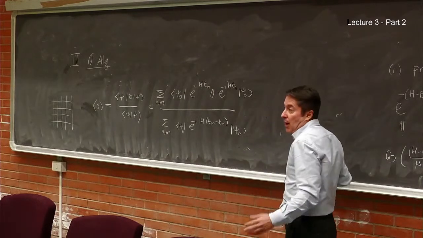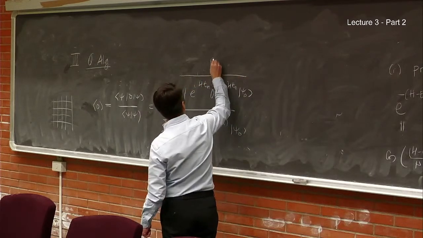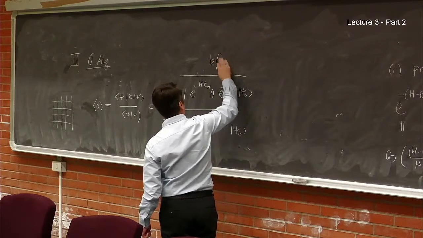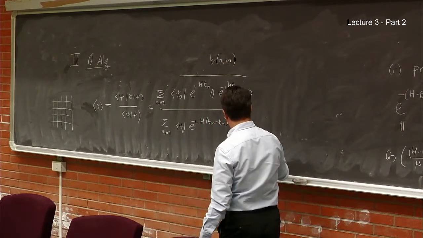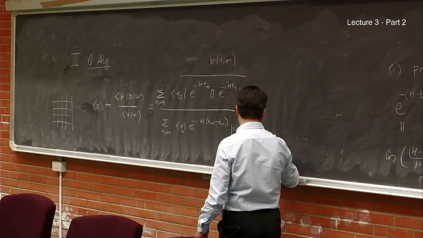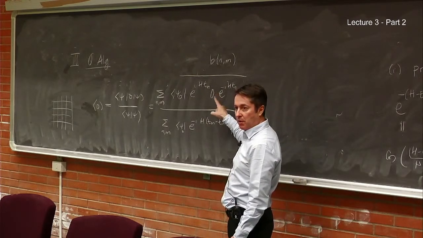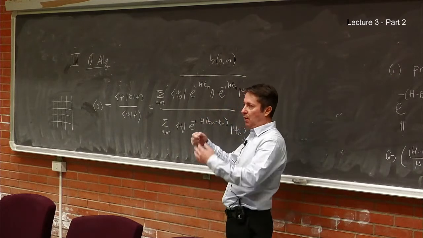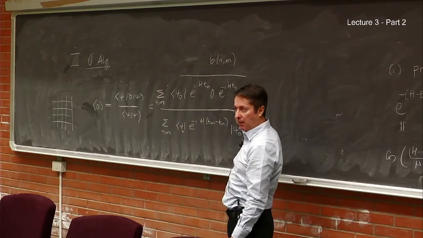And then you realize that if I define this as some B, that depends on t_n and t_m, so n and m, and this we call A, that depends on n minus m, so let's put there n and m as well. Imagine that you're able to measure these quantities with a quantum computer, each of them independently. Then what you could do is measure many times, and then put them in this formula and compute everything.